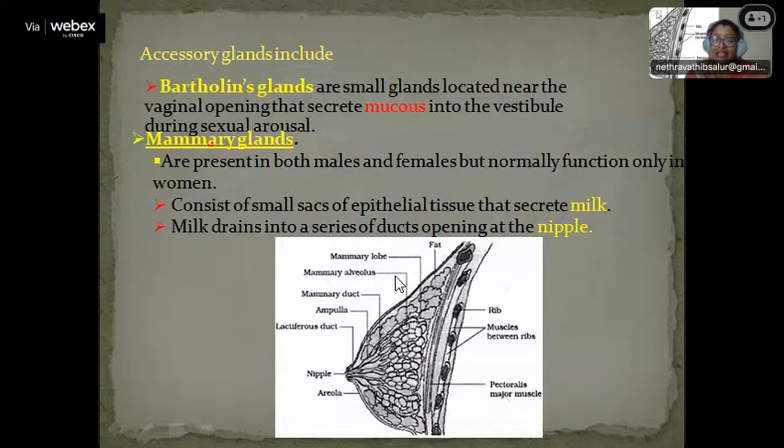Now, remember, students, these mammary glands can be asked in the exam for 5 marks. So, it's a very important question. Okay, let's move on to the next slide. The next slide is